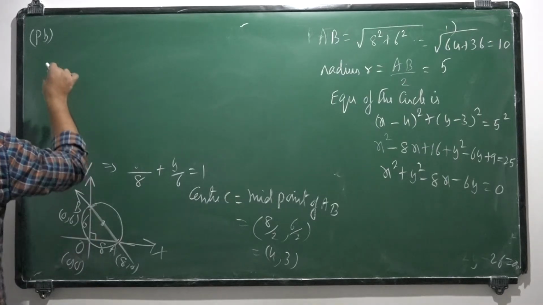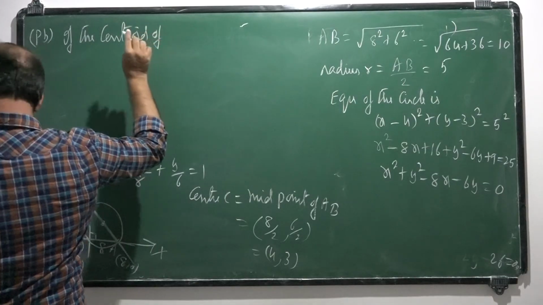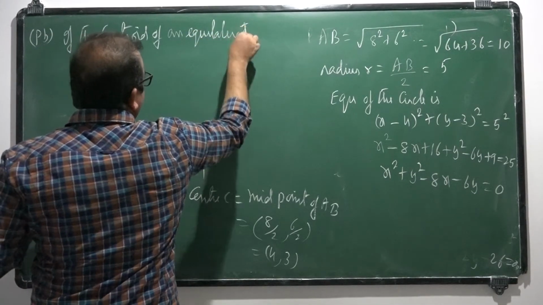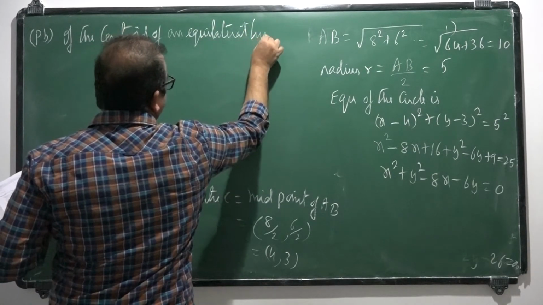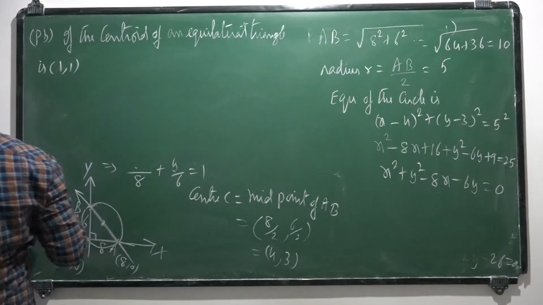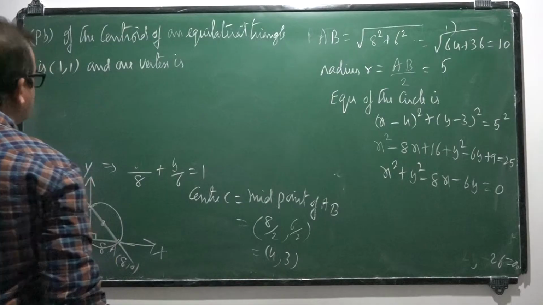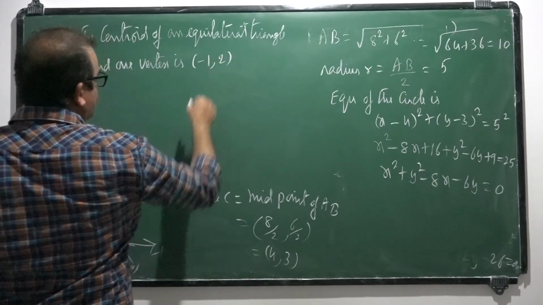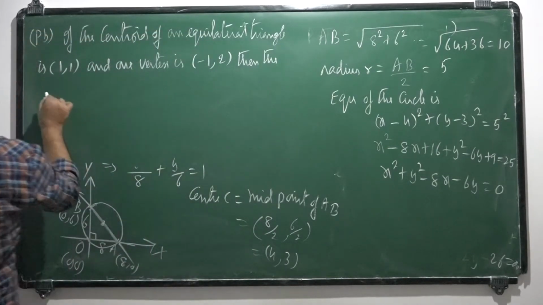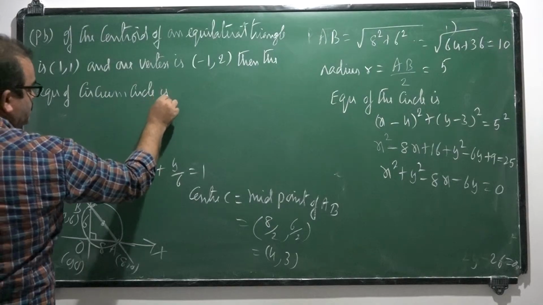Next problem. If the centroid of an equilateral triangle is 1, 1 and one vertex is minus 1, 2, then the equation of the circumcircle is